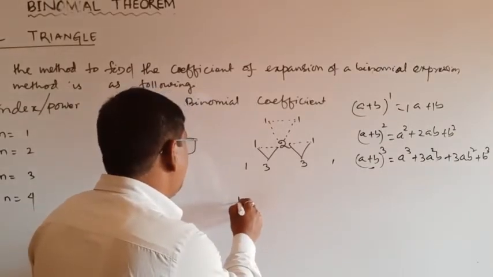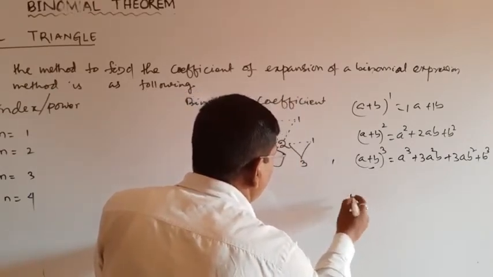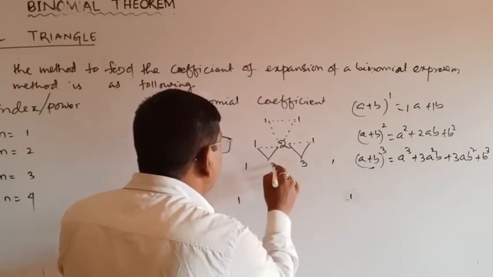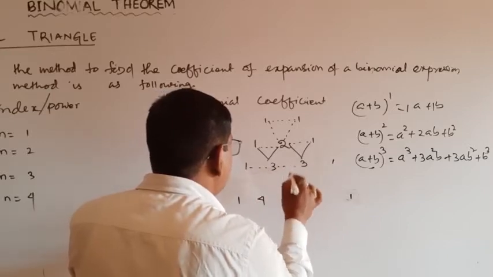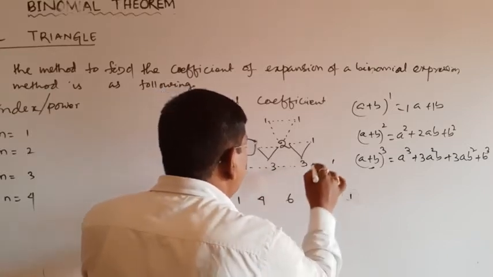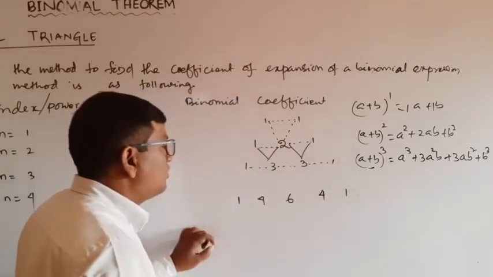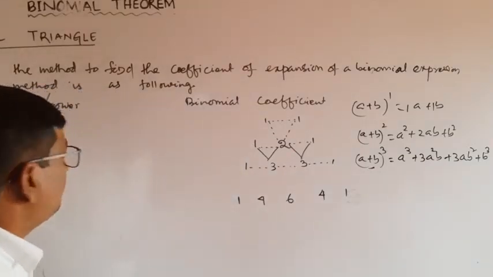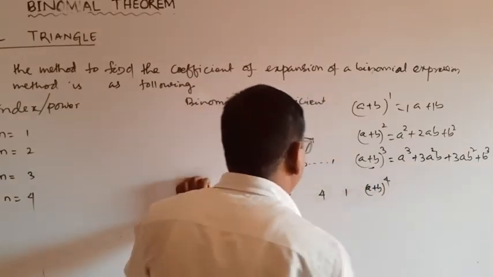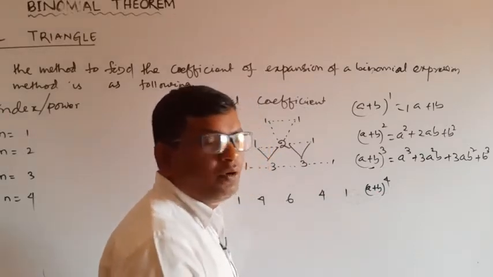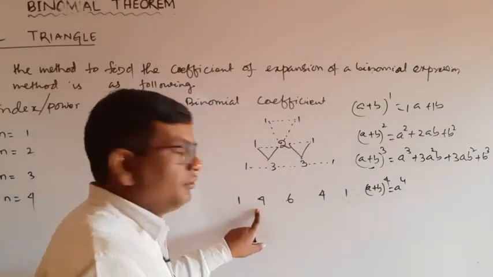Again, if n is equal to 4, write 1 1 at the extremes. Add this. This is 4. Write 4 here. Add this. This is 6. Write 6 here. Add this. This is 4. So what are the binomial coefficients here? Suppose the question is a plus b whole fourth. a plus b whole fourth is equal to a to the power 4, then 4 into